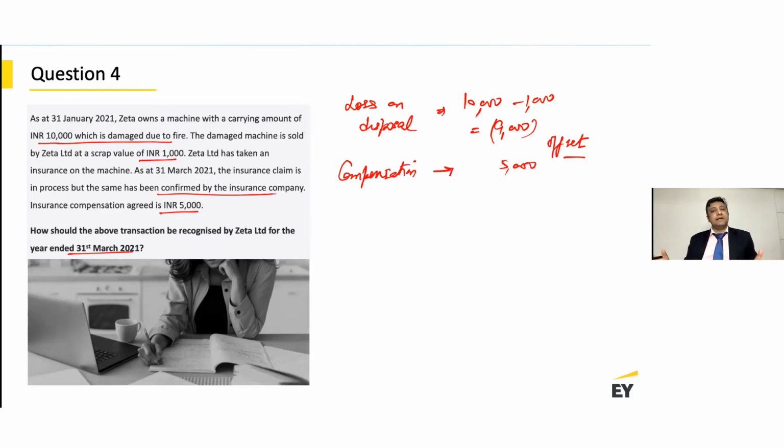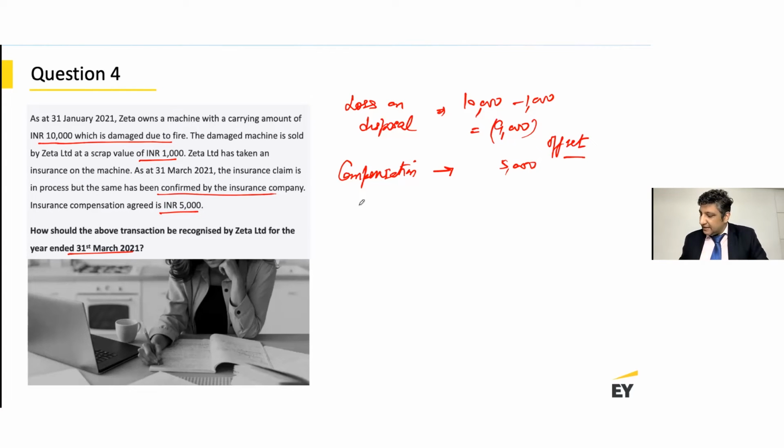Very specifically, offsetting is only permitted if it is legally allowed, right? And normally in such kind of transactions, wherein we have a damage, let's say, to an asset versus the compensation against that particular damage to the asset, they are normally not allowed to be offset with each other,